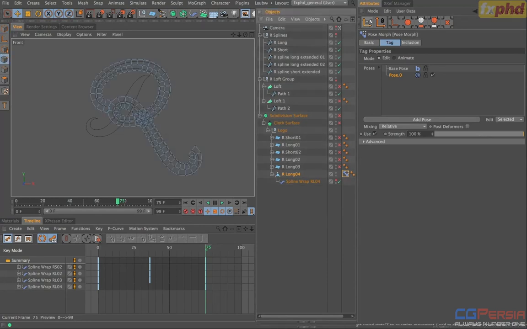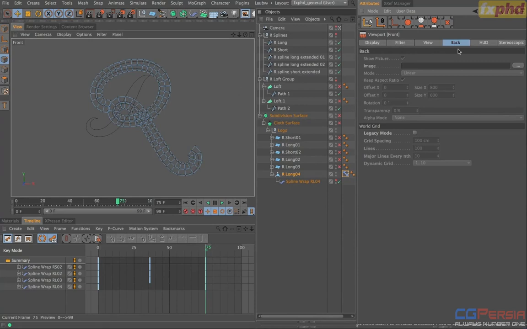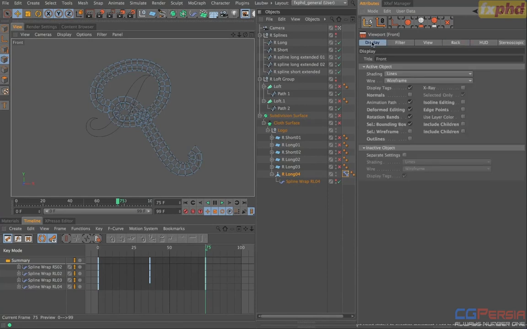Now you notice that my object stays deformed even though I've switched over to points mode. Yours may not do that. Yours may jump back to being a straight plane object, and this depends on a setting that we'll need to change to facilitate this. So if we press Shift V to bring up our configurations, and we switch to display,